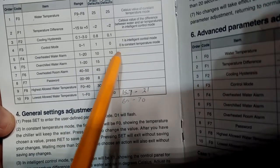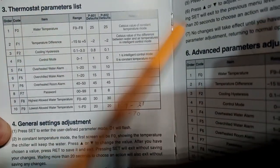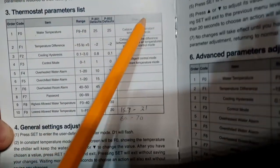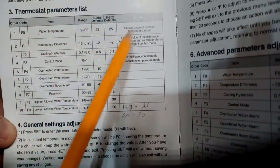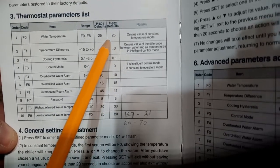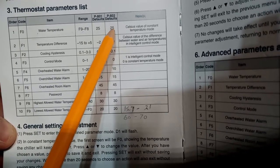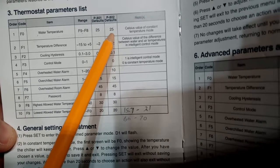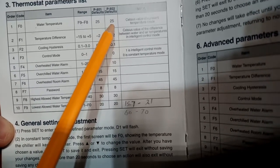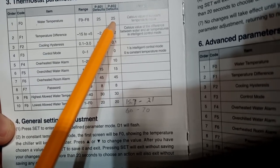We're going to select 0 because we need to control the temperature. We do not want the computer to control the temperature. We want to tell the machine, I want this temperature, for example. After we switch to constant mode, we're going to set our temperature. But if I want to set my temperature lower, for example 18 Celsius, or say 16 Celsius, that's about 60 Fahrenheit, a little bit more than that,